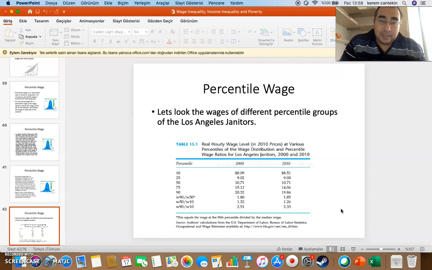So these are the values of the percentile wages, but this is for specific groups. Los Angeles janitors, those are the people who look after the needs of a house, basically. So exactly the same profession, and you can see the distribution among them. We will look in detail at this distribution in the next